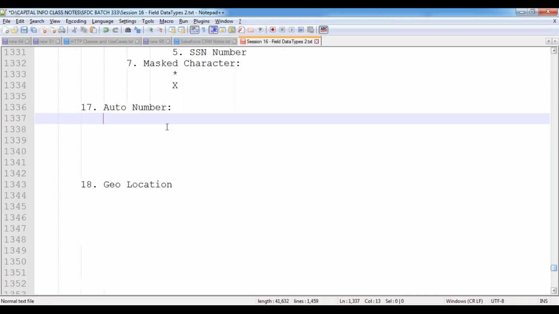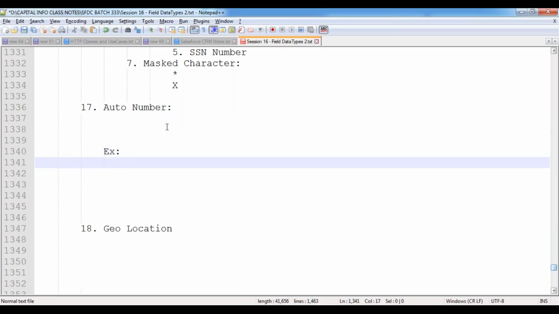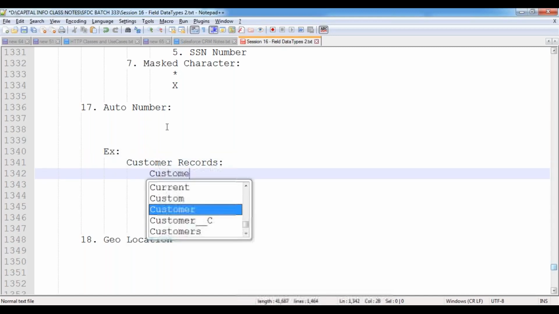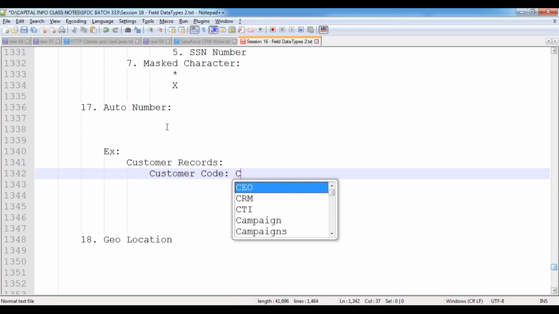Please generate this value based on some specific format. I will give you the format over here. For example, assume that I'm storing some customer records. For each and every customer, I want to allocate the customer code. My requirement is that the customer code should look like this: